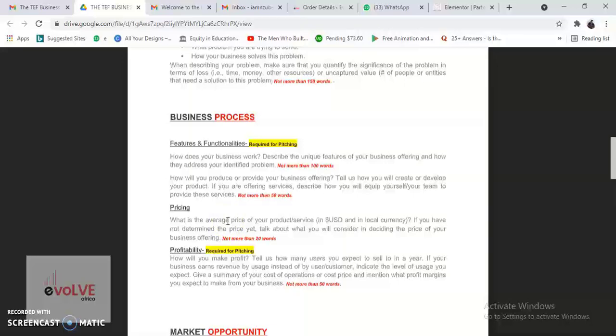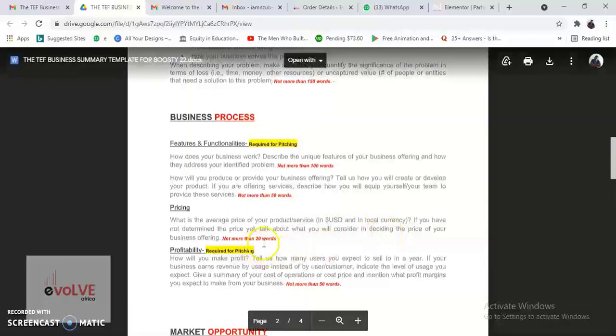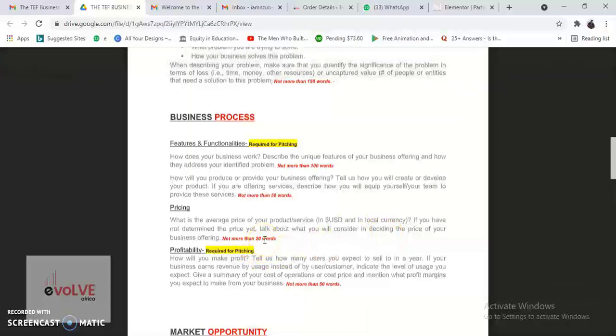They are saying if you haven't determined your price yet, talk about what you consider in setting the selling price. So this is just a short, straightforward section. How would you not know the price of your product? It shouldn't be very cool to say you don't know the price of your product, but this section is saying, even if you don't know the price of your product, just tell us what are the things you consider to